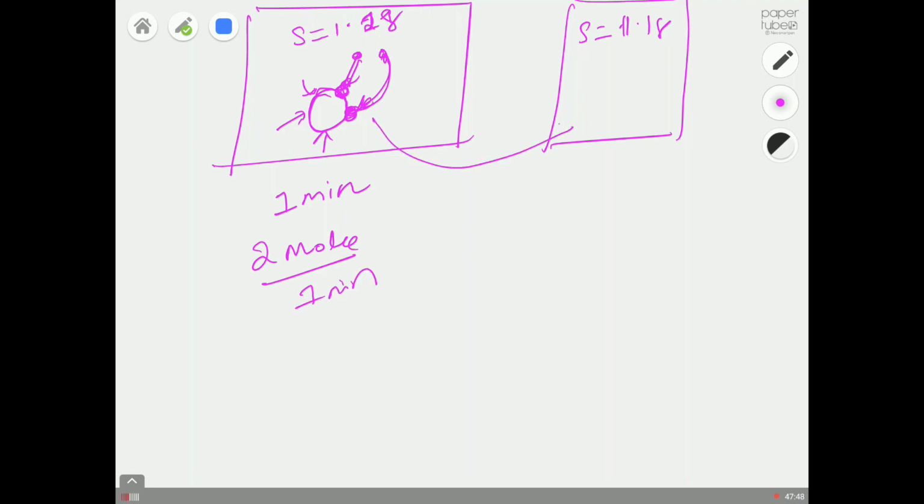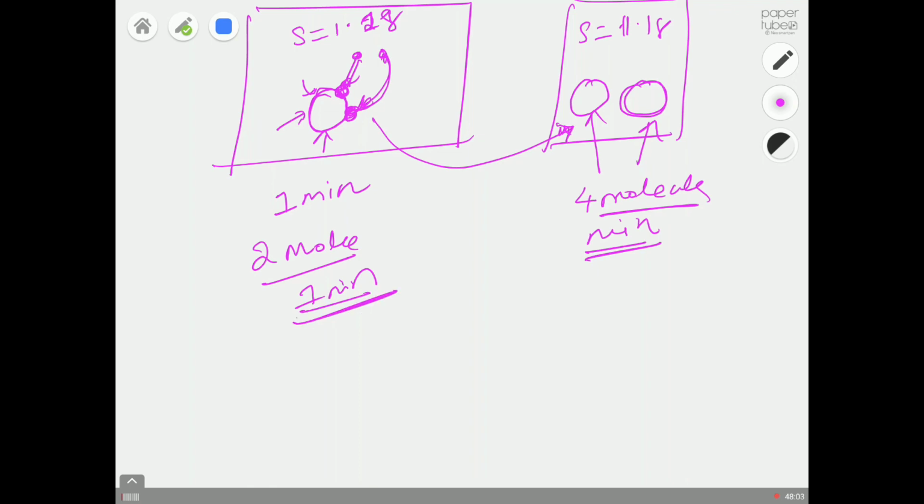Now assume this time we have two particles, which means higher seed loading, and in 1 minute we can transfer 2 molecules per minute for each. So that's why your growth rate will be very high at initial conditions,